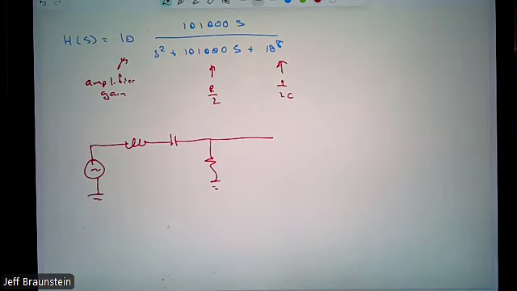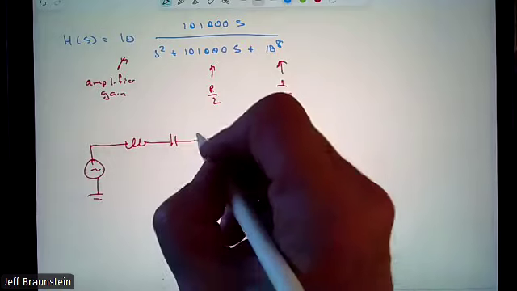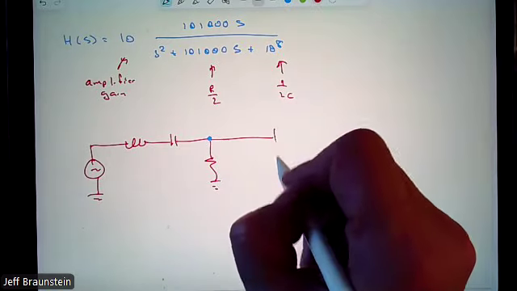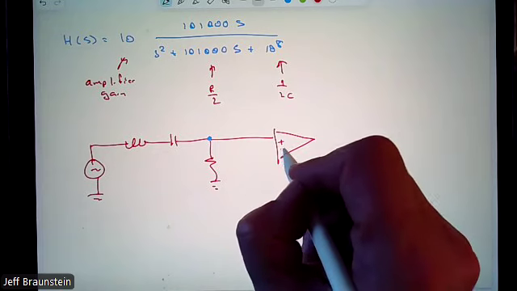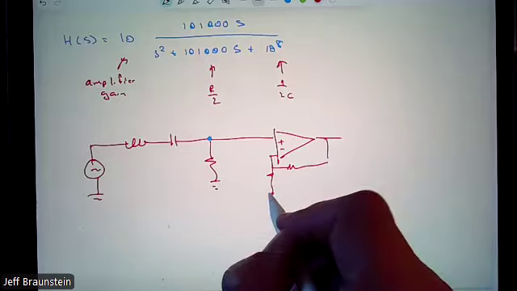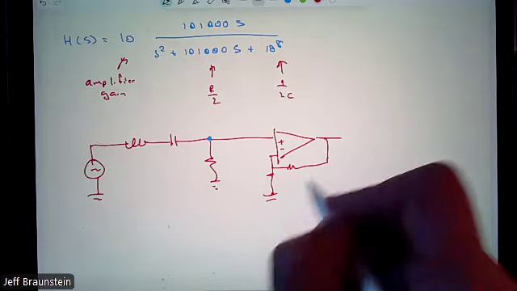Multi-stage circuit, output of one stage, input to the next stage. Continuing, output of the next stage, input to the next stage, et cetera, et cetera. When we talk about output, we talk about this node relative to ground. This node is our input to our op-amp circuit. We're going to use a non-inverting amplifier like we did before. And we can do this quickly.